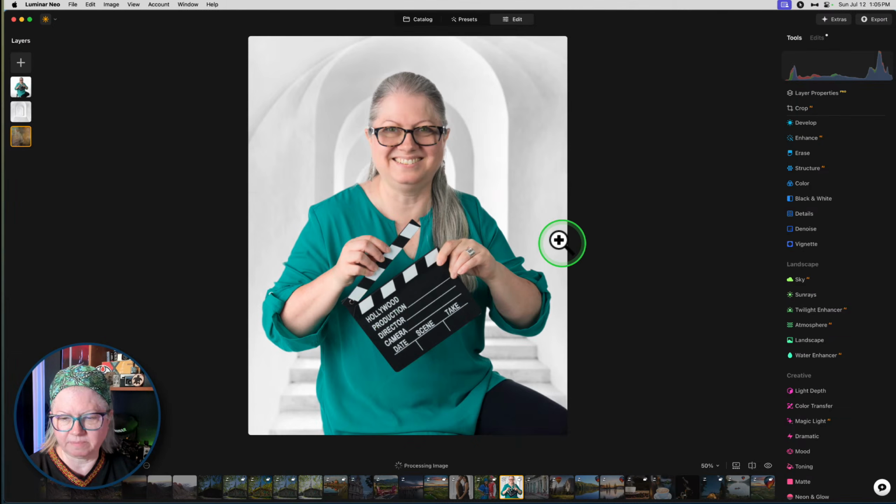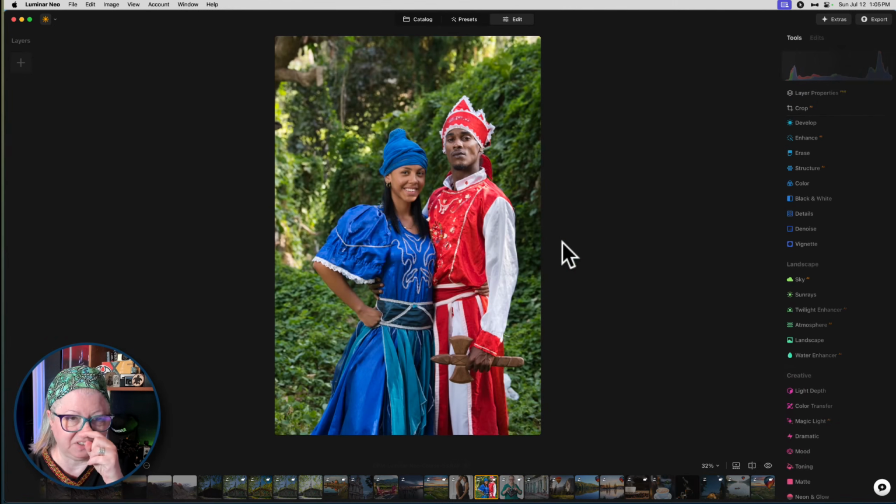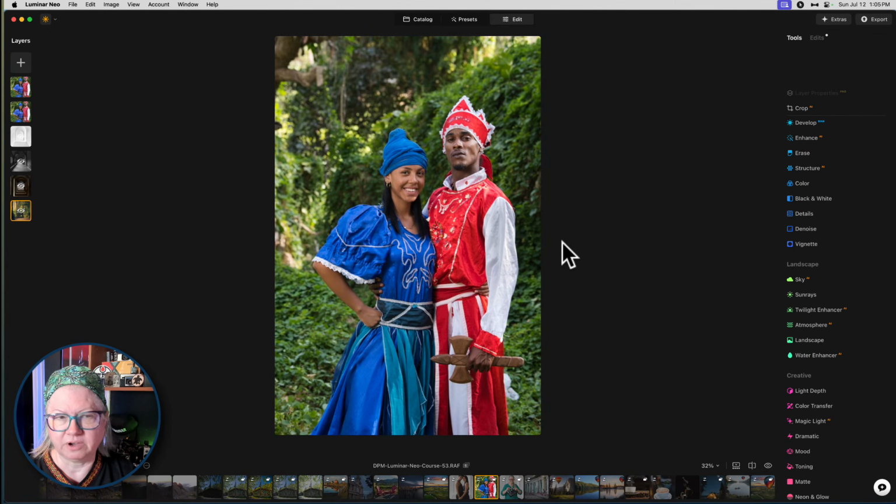So when you're doing a background replacement, make your life easier. Don't go and pick something that isn't going to match well. So I did the same thing here using those same backgrounds. Now we have a couple on a darker background. What happens if I try and use, oops,